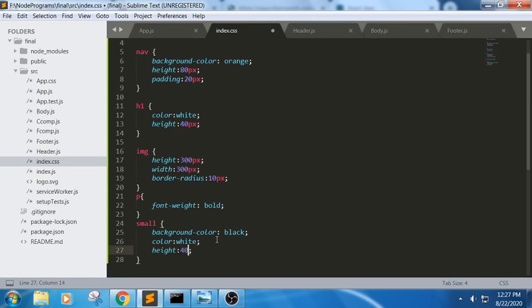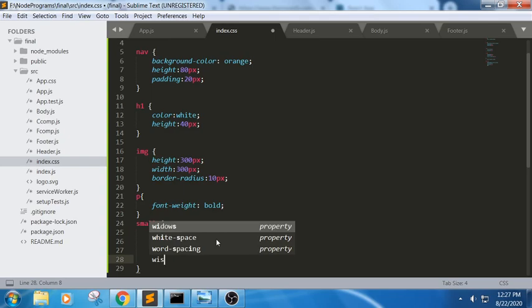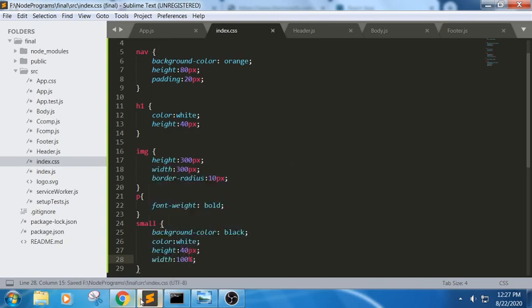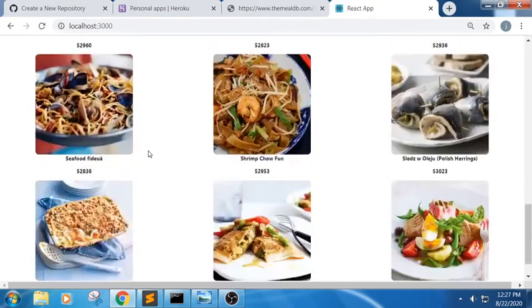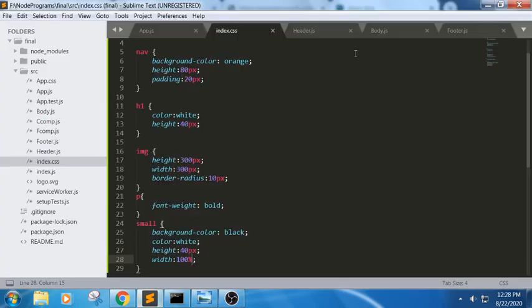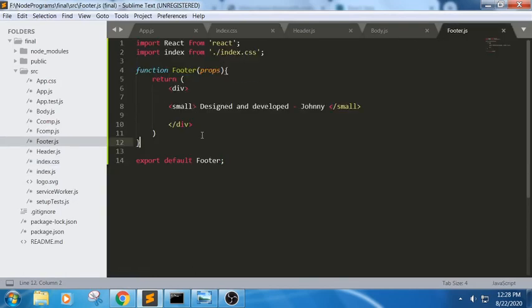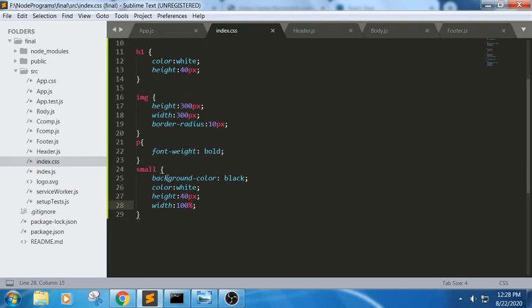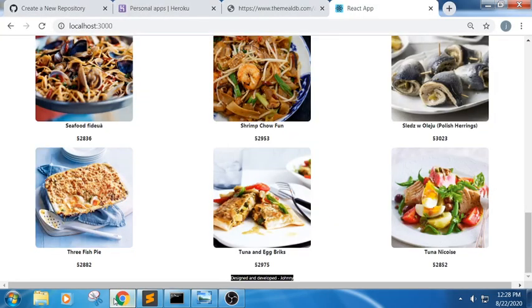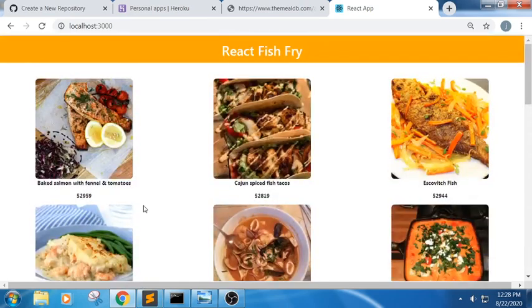Height some 40 pixel. So designed and developed, we got it here. Some div tag followed by some small tag. Small. So we got the footer part.